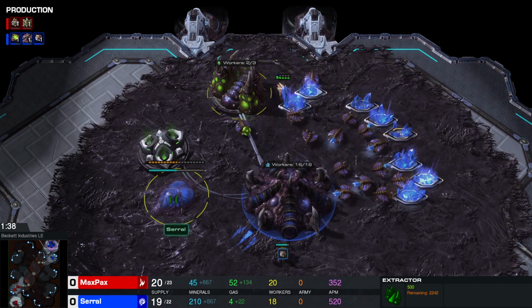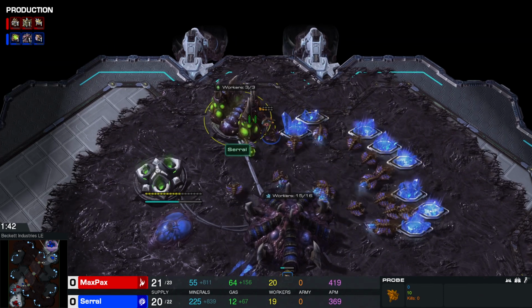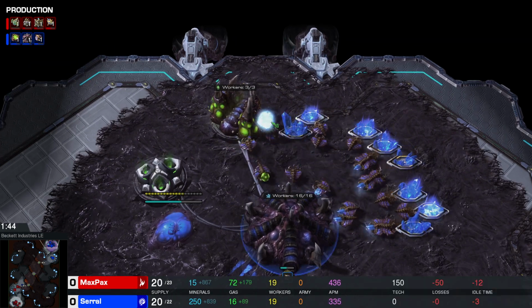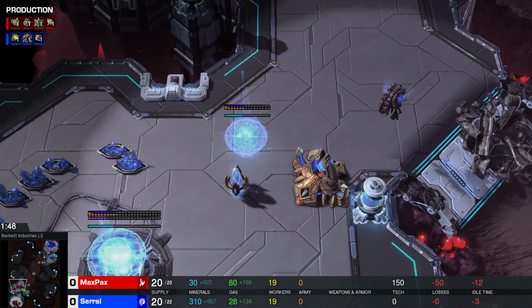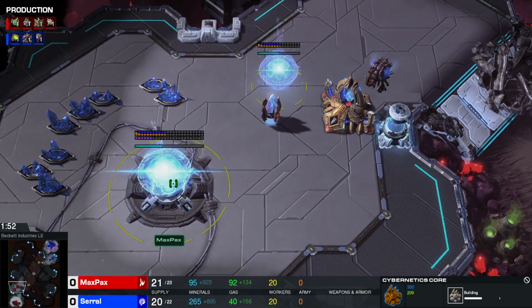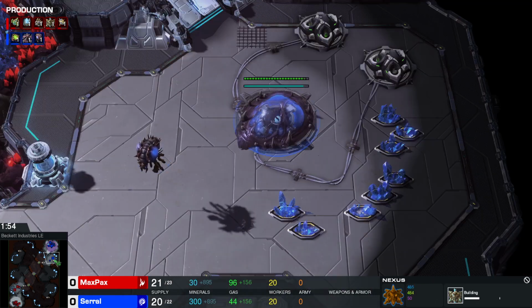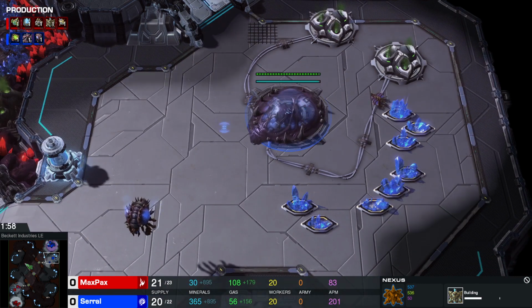Yeah, there indeed is that gas. There is his spawning pool as this one probe sees everything now, even tries to steal some gas, but MAXPAX needs to be careful. He was blocked there and his probe has been taken down now. Let's see, he's going for that Cybernetics Core. There is his expansion, and around the 2-minute and 20-second mark, I believe SERRAL even is going to go for